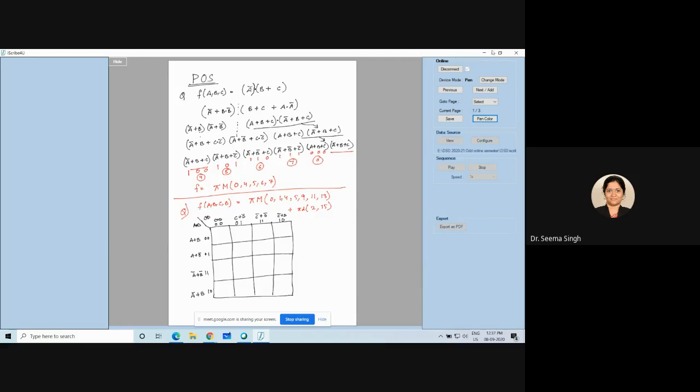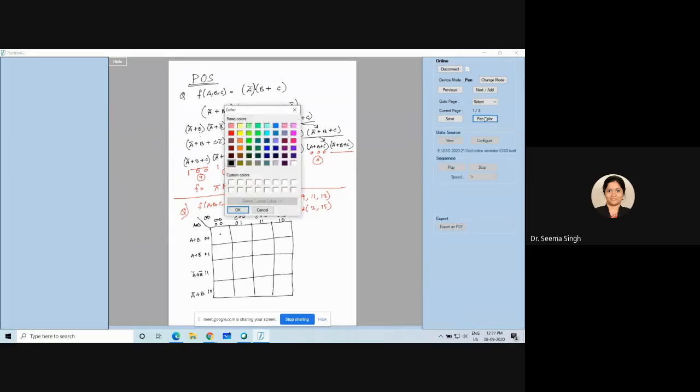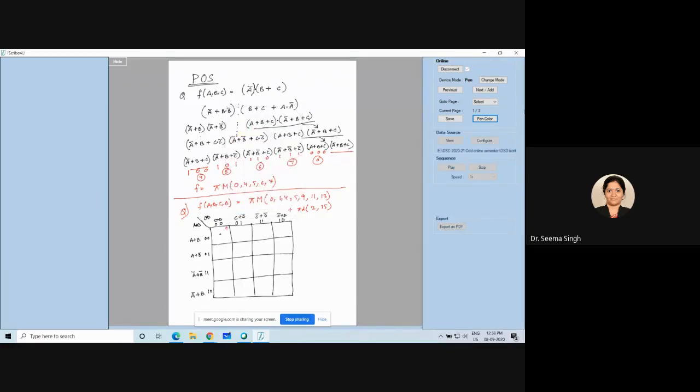Now, wherever these variables are available, you are supposed to write a 0 now. Before you were writing a 1, right? Now you have to write a 0. So what all do you have? Let me first label it. Labeling says it is 0, 1, 2, 3, 4, 5, 6, 7, 8. This part remains same. Only the notation changes. 12, 13, 14, 15. Now we have to start writing the max terms.